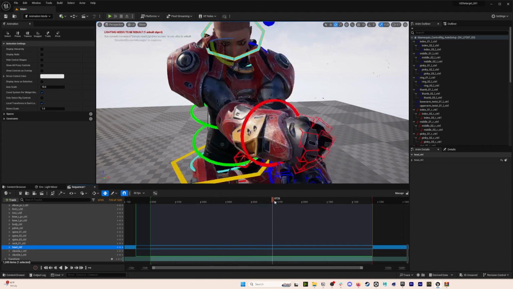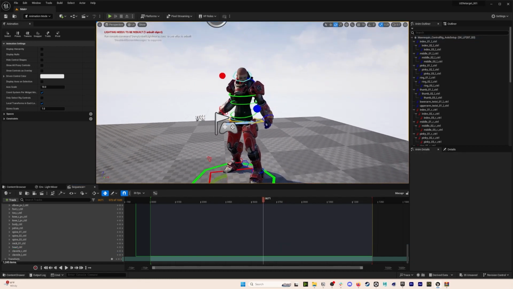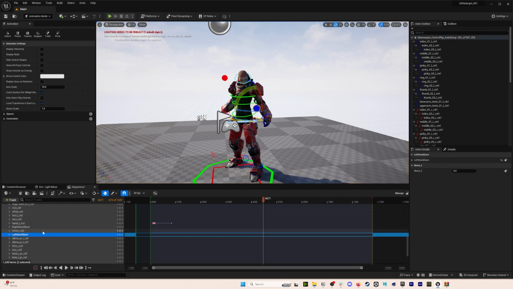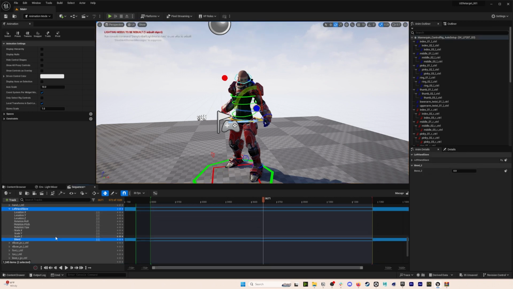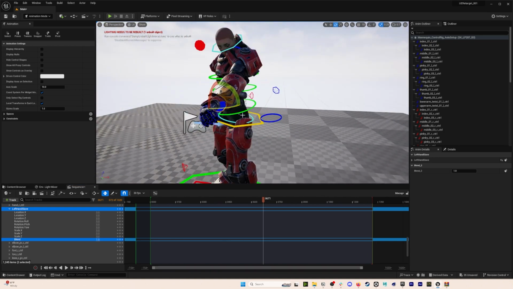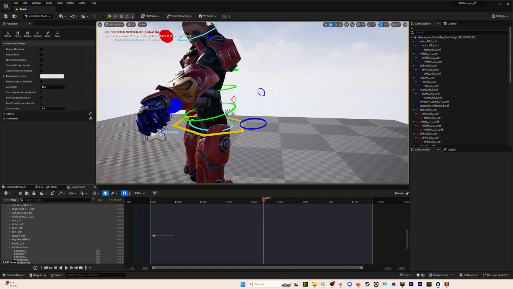However, the really cool thing about this special IK control rig in particular is that it has a system for slaving the left and right hands together. If we click on this left hand slave and twirl it down, you can see that we have this blend dial right here. If we take this up to 1, it is going to basically attach or bring our hand over to that blue ball. And the really cool thing about that blue ball is that it is slaved to the red ball,